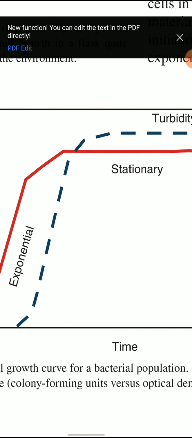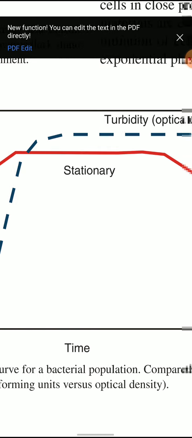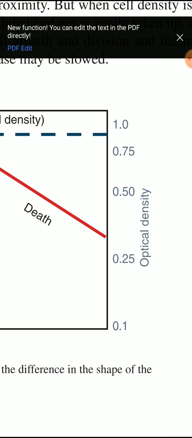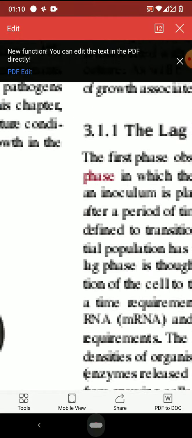This growth is measured by using the spectrophotometer, which we have seen in our lab, like the colorimeter. The spectrophotometer runs on the same principle of Beer-Lambert's law you have already studied. So we take the optical density, which gives the concentration or number of bacterial cells. Okay, so now coming to